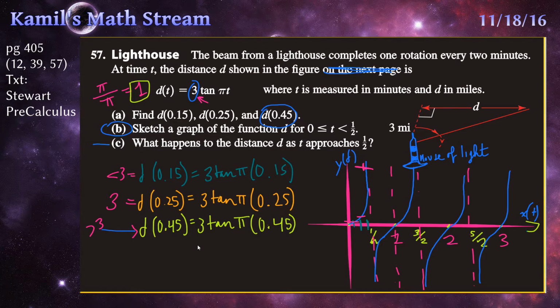Well, let's go to Desmos then. In Desmos, it says that when x is equal to 0.15, y should be 1.529, and 1.529 over 3 is a bit more than half, and that's what it should be, because 0.15 over 0.25 is 0.6, and of course they shouldn't exactly be the same because the tan graph stretches,